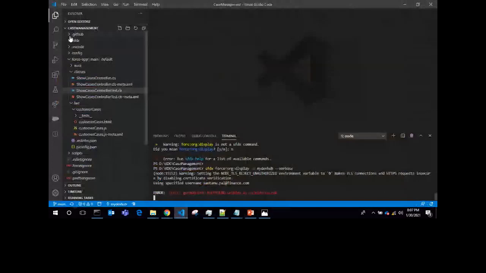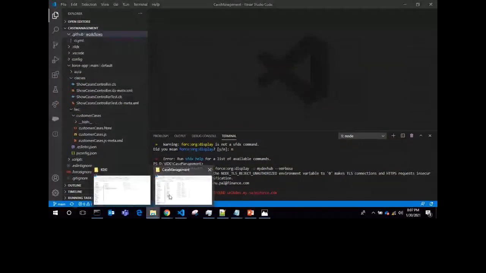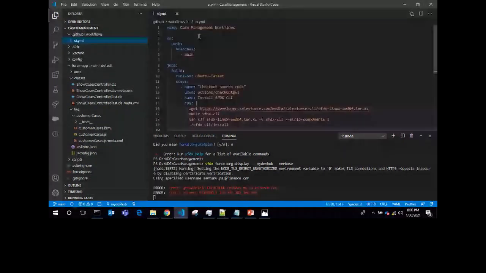If I go to my repository, case management, you can see the .github folder, under it the workflows folder, and under that the ci.yml file.